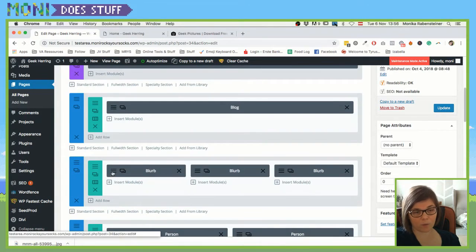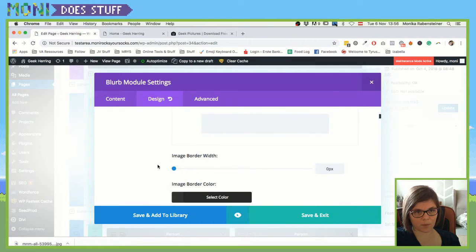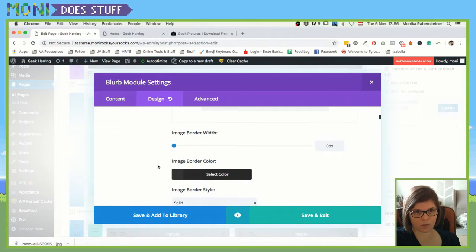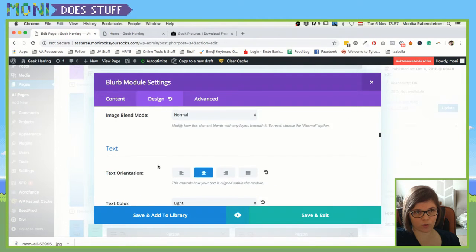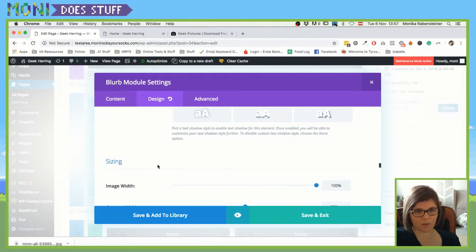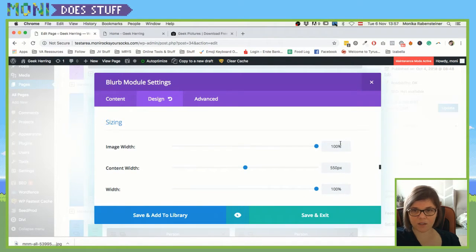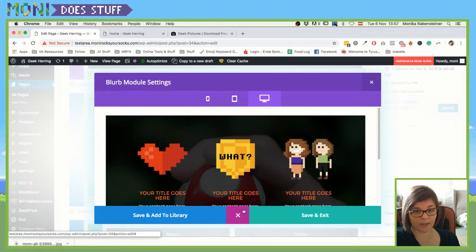Now that I don't want them that big, I just go to the design tab and search for where I can make it smaller. If I set image width 100%, I can also write in pixels, so I can say 100 pixels if I want that. I look at it in a preview and then nothing happens